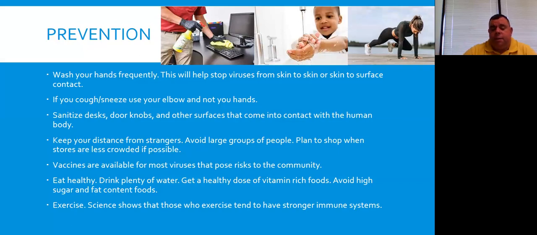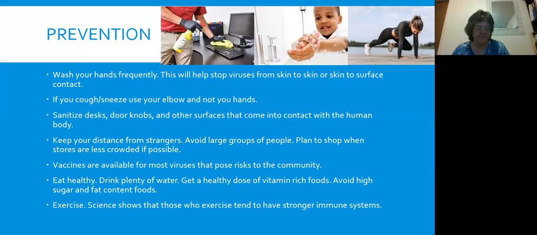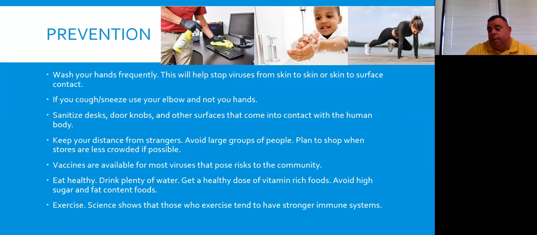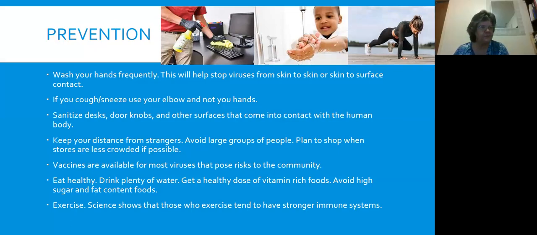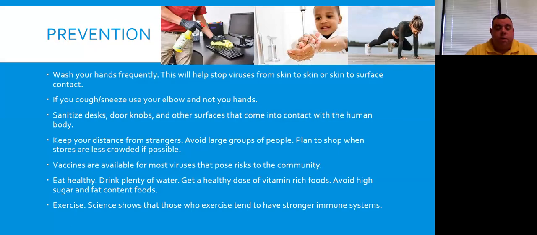Exercise is another good way to build a strong immune system. So by going out for walks in the morning, some of you may like to lift weights, do push-ups, anything. Any type of exercise is good. Even some fun ones like sports, like maybe go out and play baseball or softball or whatever the case may be. Just get that blood flowing and it'll help build a stronger immune system.